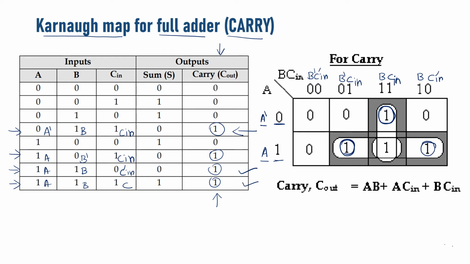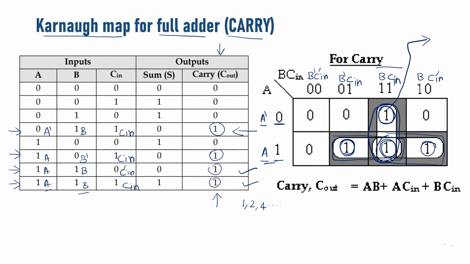Next we are having the input A, B and C in. So here this is A and this is B and C in, so we have to map here. Now for mapping, grouping the ones, it may be 1 or 2 or 4. Here we are going to group for the double ones. I'm going to make this one and this set, and then finally I'm going to group this set. Okay, first let me say for this group.